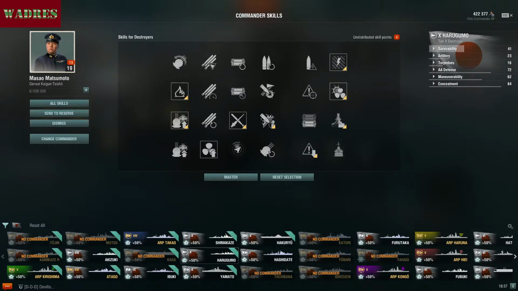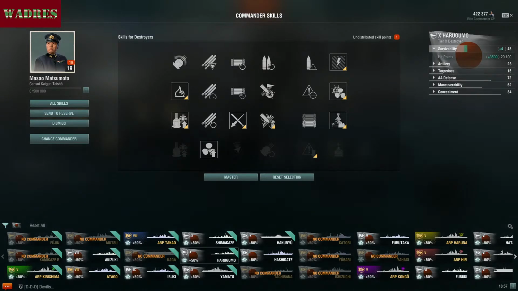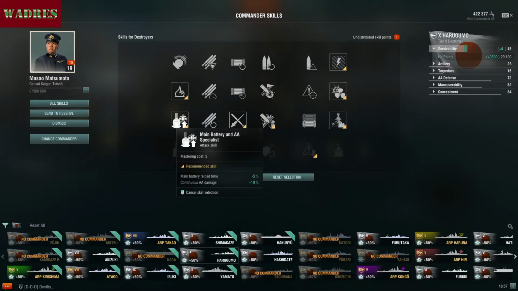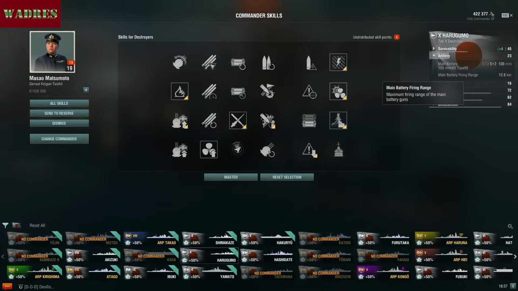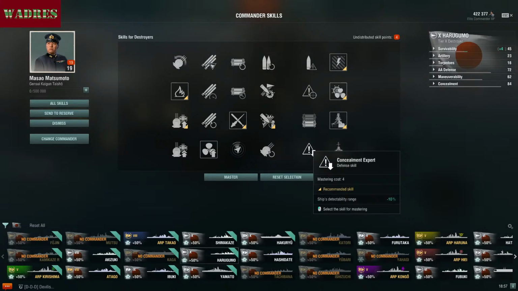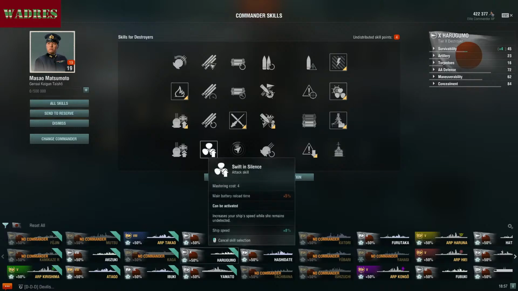So here, the argument could definitely be made somewhat towards Survivability Expert, giving you 29,000 hit points. And I would definitely say you'd be right to do so. You could also disable this one. I mean, Harugumo is decent as she is. And instead you would look at, say, again, going up to a 4-point skill like Concealment Expert, which would also benefit from the Swift in Silence,